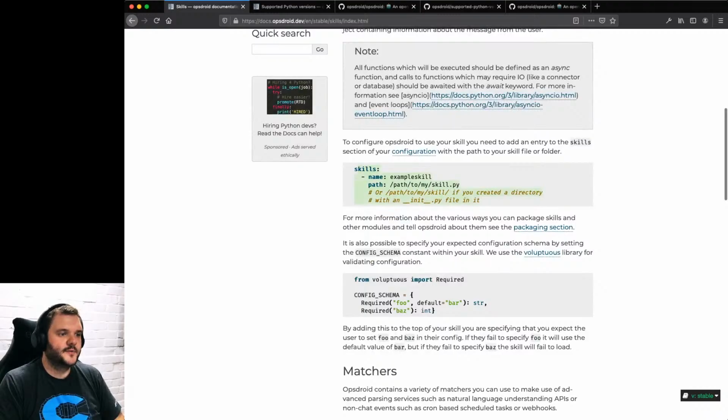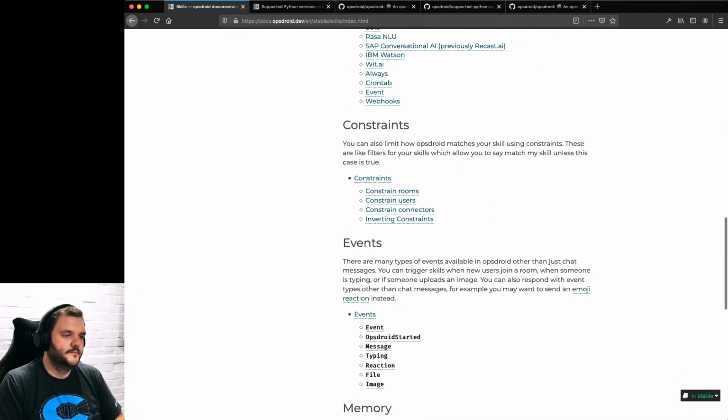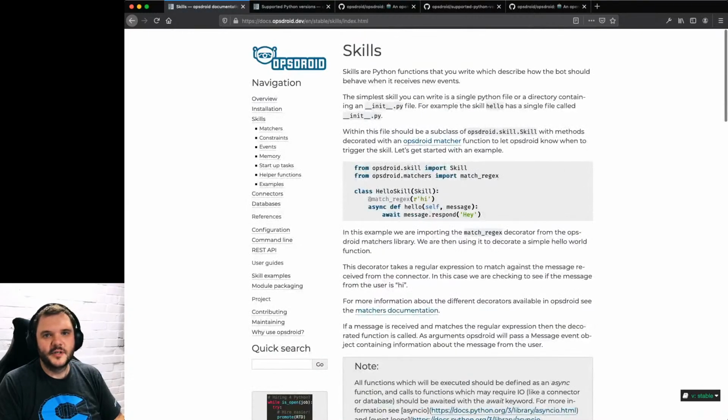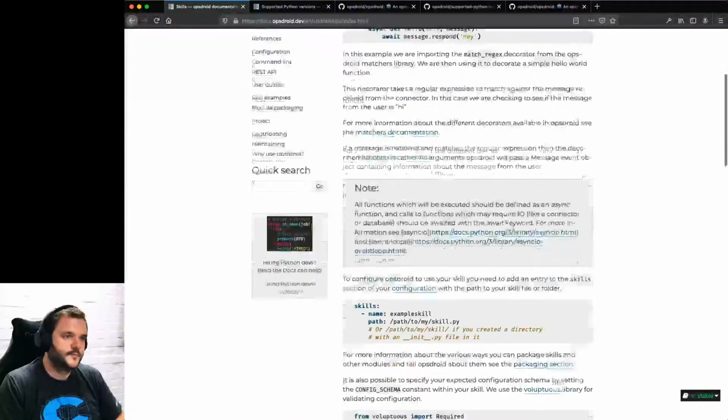And then you can configure it all so it connects to Slack or wherever. And you can write all different rules, and you can do all sorts of different complex things. But the whole point of Opsdroid is it's a tool for people who are writing scripts to automate things. So those people are writing code as part of their job or as part of the workflow that they're doing. So they probably want to use up-to-date language features, maybe. And so we should continually be rolling and evolving and supporting new Python versions, because although Opsdroid is like an application that you install and you run, the way that you configure Opsdroid is you write Python code. So we should support Python code.